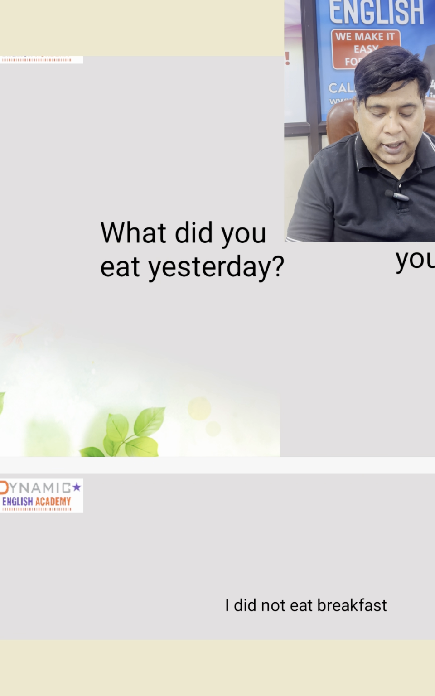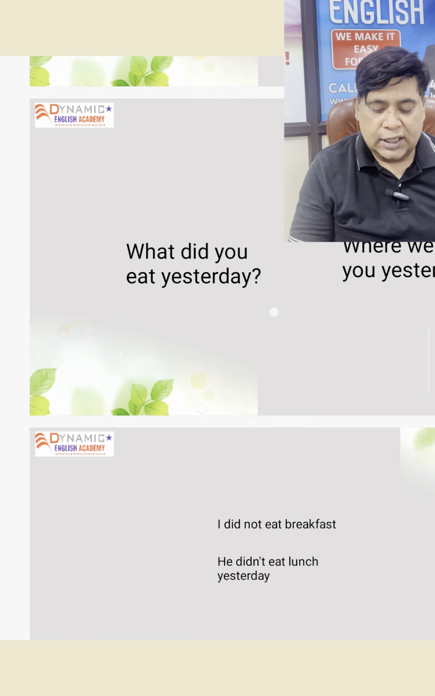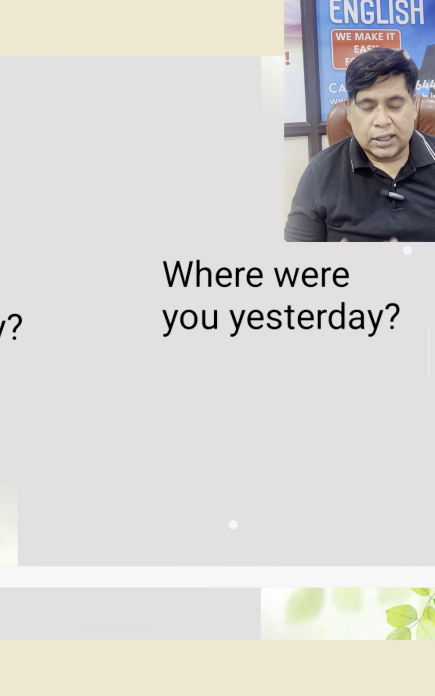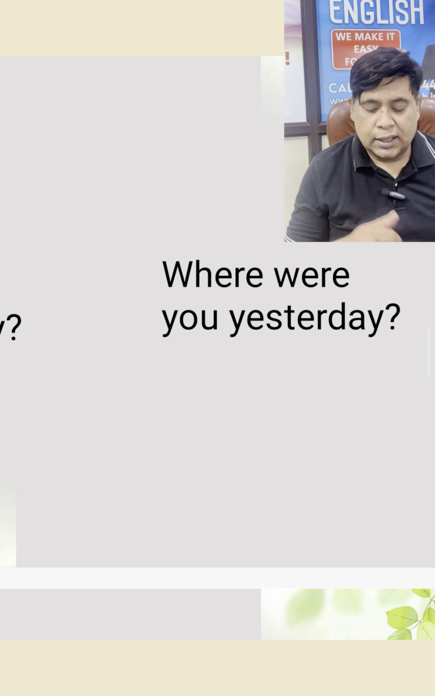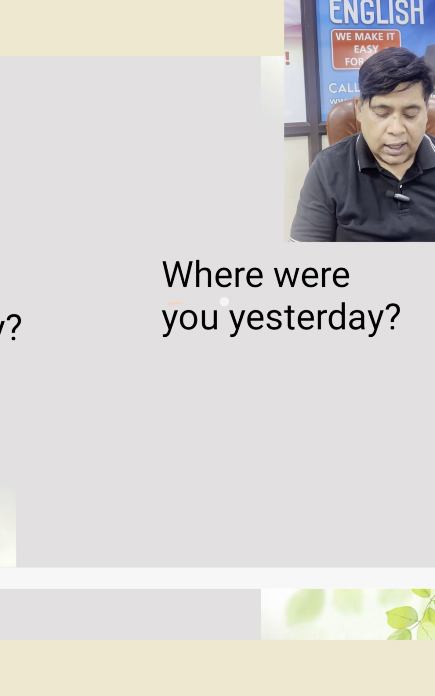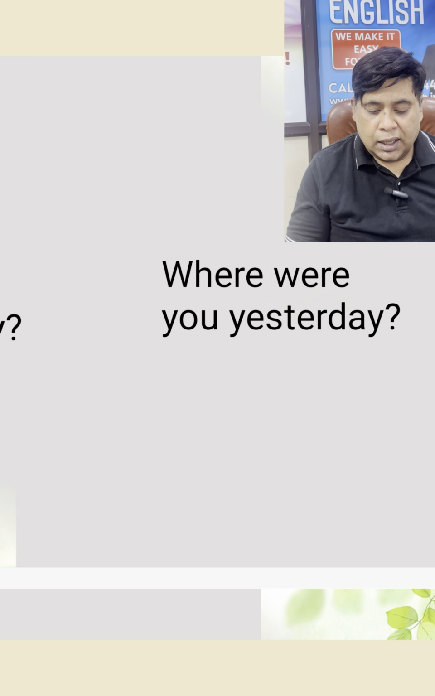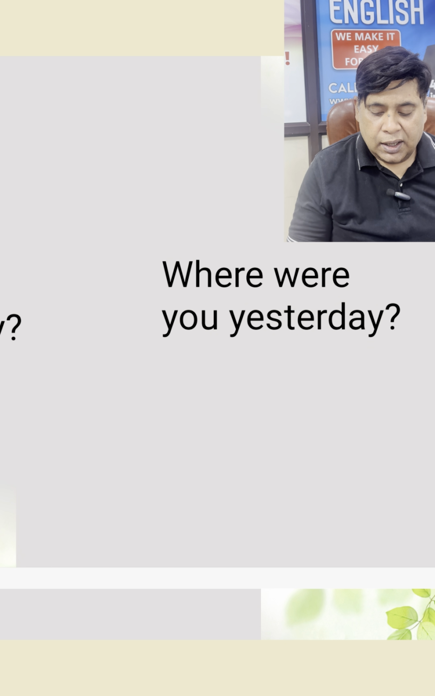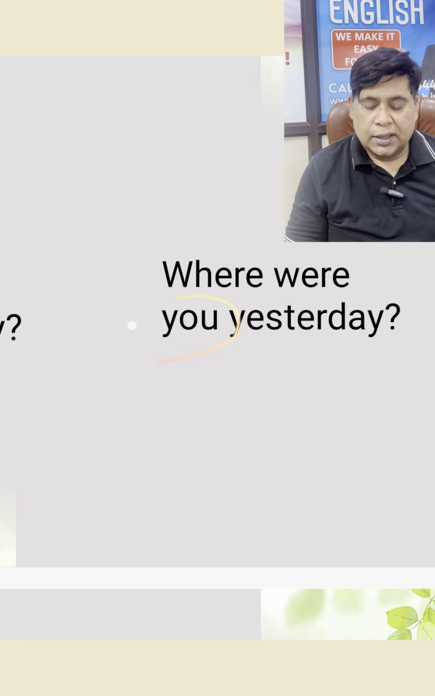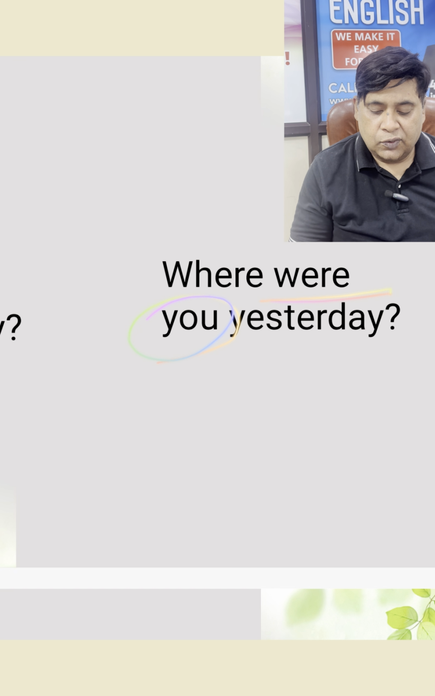So here you can look at this: what did you eat yesterday? It's a question, and it's a question of simple past, and you can see here I have used eat, which is the first form of the verb, the base form of the verb. But here, which is without action, where were you